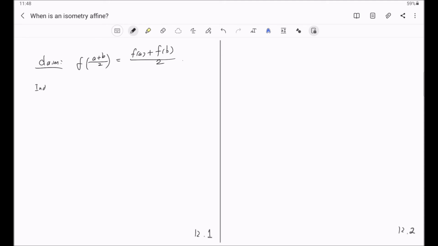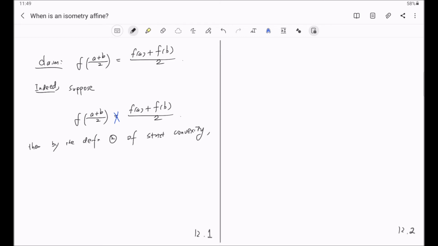Indeed, suppose that they are not equal, then by the definition number 2 of strict convexity, we have for any alpha greater than 0, less than 1, x sub alpha, defined to be the convex linear combination alpha times the first guy plus 1 minus alpha times the second guy,